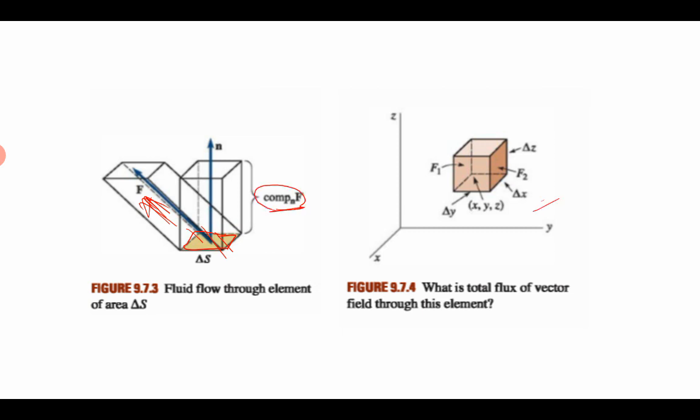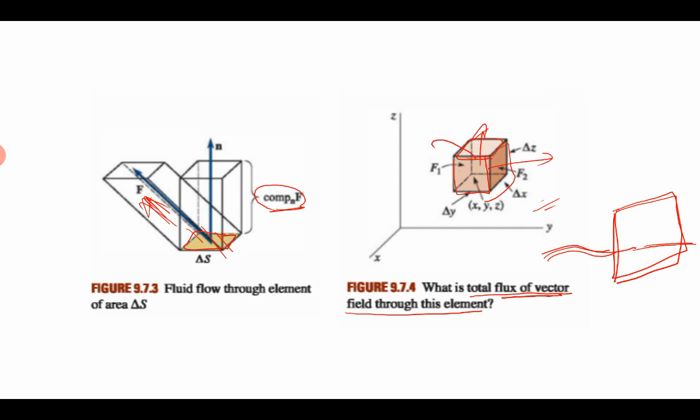So here in this graph you can see a cube with 6 sides. The total flux of the vector field. What is flux? Flux is the flow of the fluid through a surface per unit time. That is called a flow. So total flux means the flow of the vector field through all the 6 surfaces. And when you calculate this total flux, that is called divergence of the vector field. How a vector is diverging from each other, moving out. Isn't it? Moving out. That is divergence.